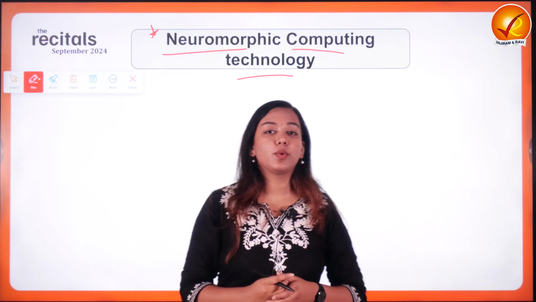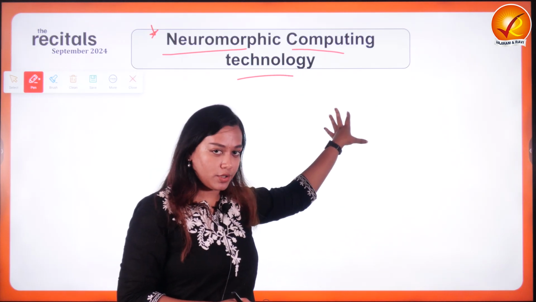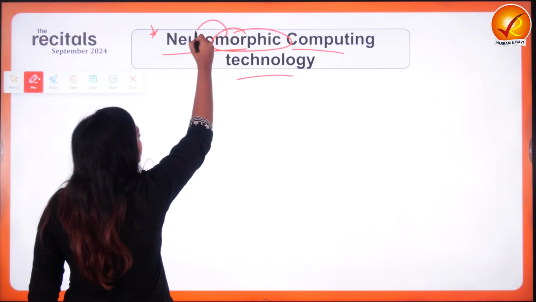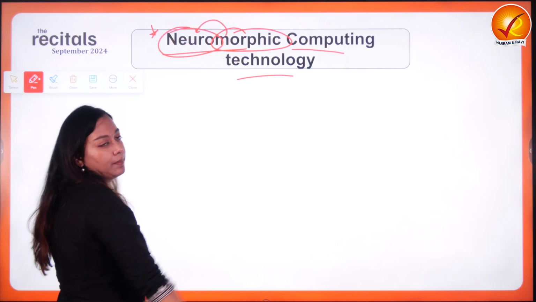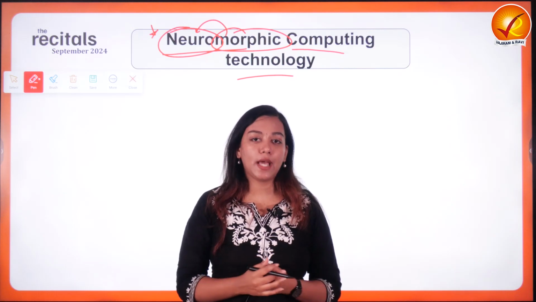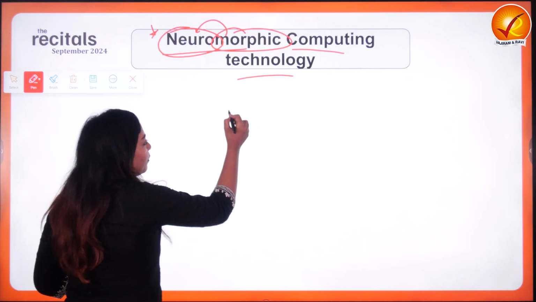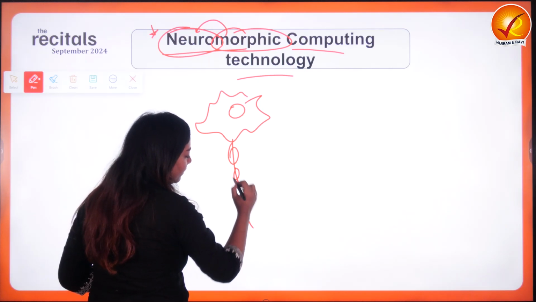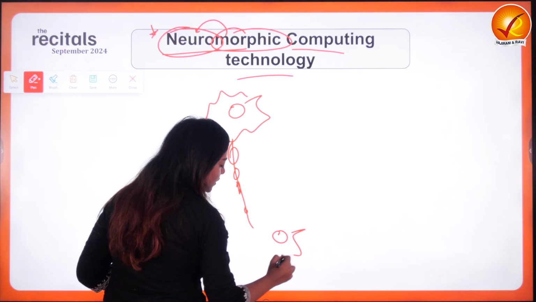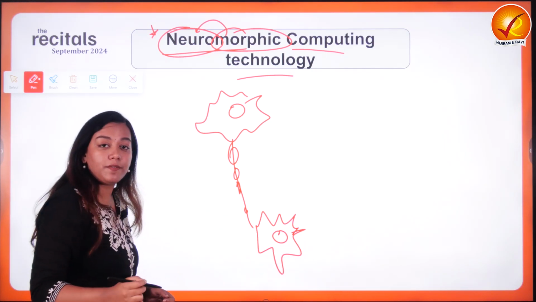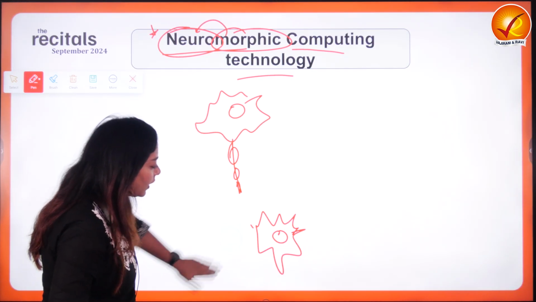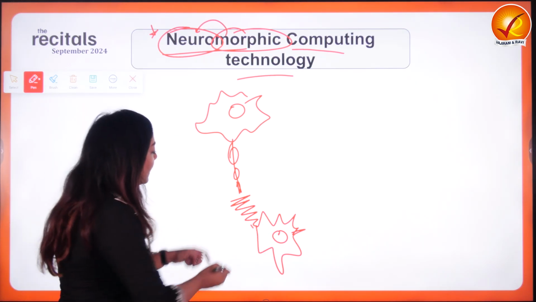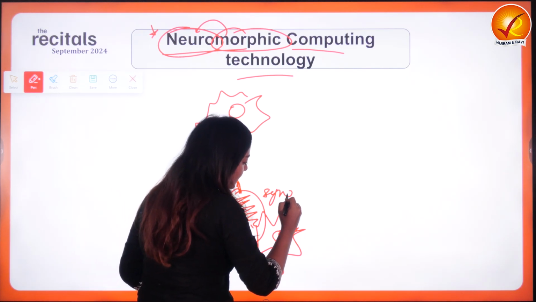And that, my dear friends, is known as neuromorphic computer technology. Neuromorphology itself means something which has the structure or morphology of our neural network, or of our brain. So how are we going to put it into reality? We know that our brain is made up of neurons connected by axons, and these different neurons share signals between each other not by having direct contact but by sending certain electrical impulses. These electrical impulses are known as synapses.